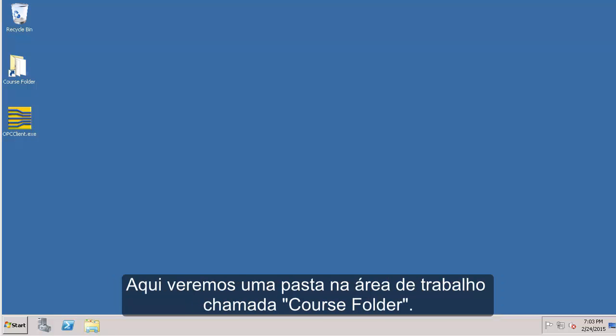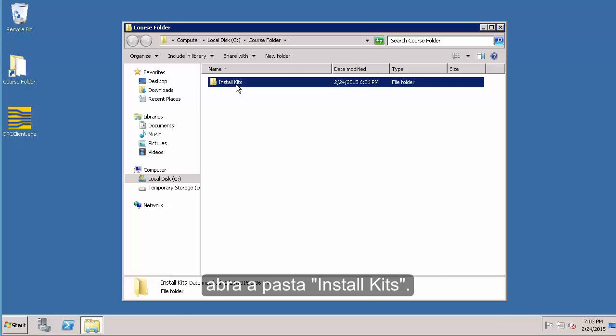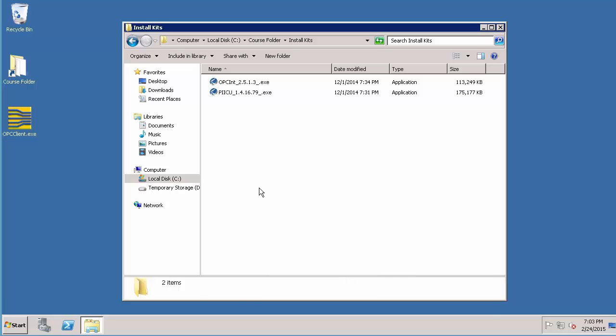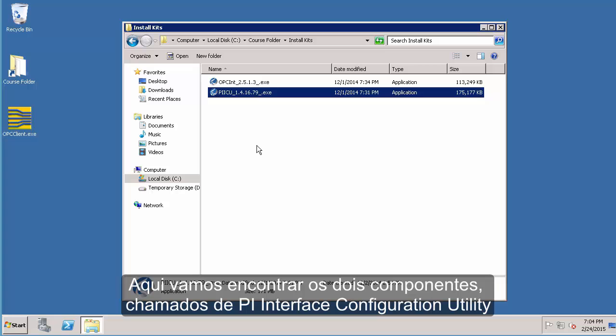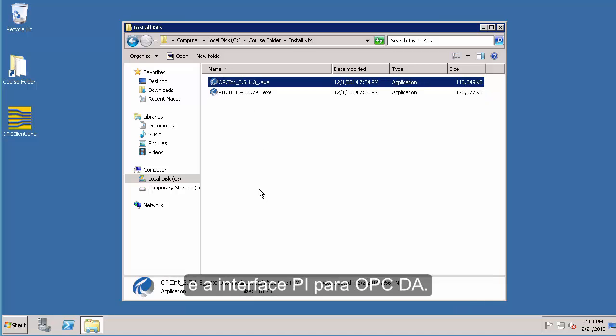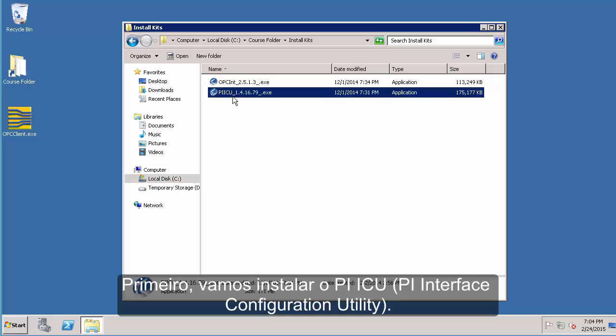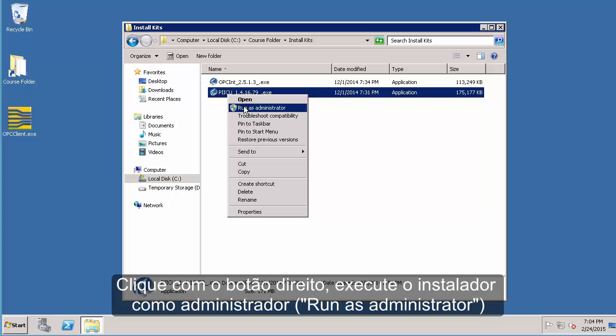Here you will see a folder on the desktop called course folder. Open up the course folder, open up the install kits folder. Here you will find the two components, namely the PI Interface Configuration Utility and PI Interface for OPC-DA. First, let's install PI ICU, which stands for Interface Configuration Utility. Right click, say run as administrator,